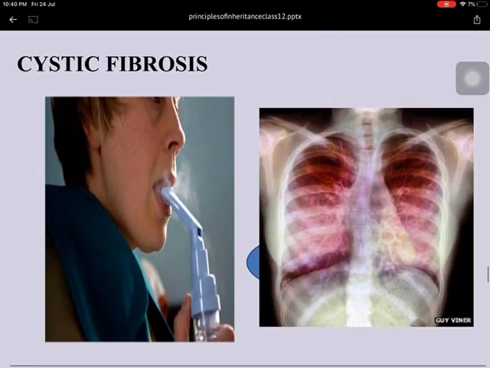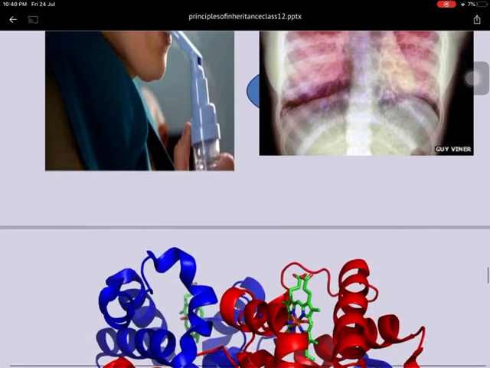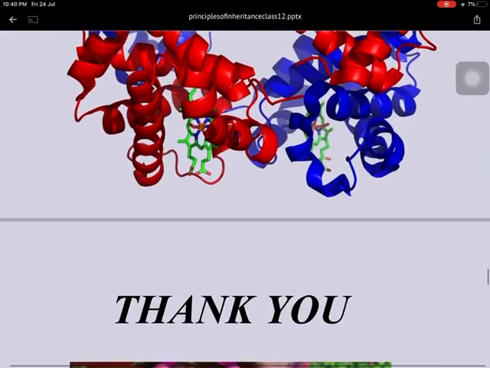So cystic fibrosis, here shown is how the lung is affected. Nowadays we are talking about the corona disease, in which the lung cells are also affected, mostly the alveoli, and mucus is actually deposited in our trachea and the lung. So that is not an example of cystic fibrosis, but the main target of the coronavirus is our lung. And all these diseases that I have discussed are examples of autosomal recessive disease.